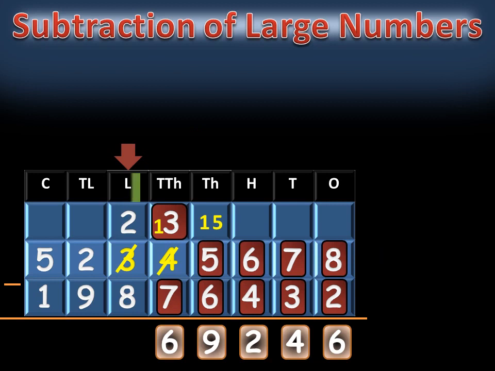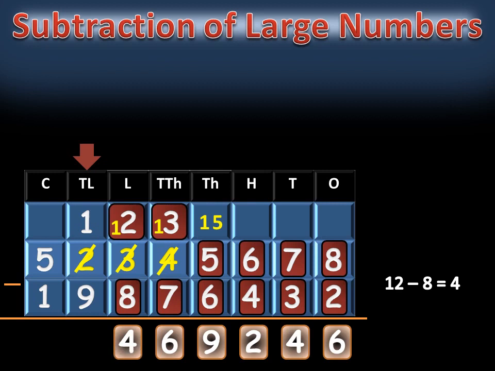Step 6. Now subtract the digit of the lakh place. See, again we cannot subtract 8 from 2. So borrow 1 ten-lakh from the 10 lakh place. If we borrow 1 from 2, it will change from 2 to 1. Then we put 1 in front of the borrowing digit, which will make it 12. Now subtract: 12 minus 8 is equal to 4. So 4 will be written in the lakh place.